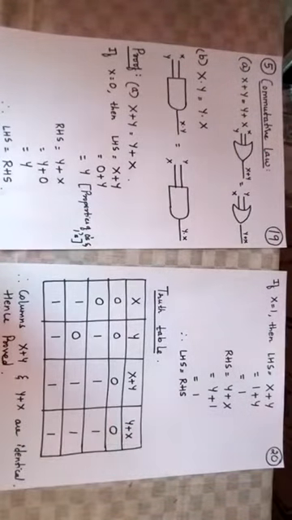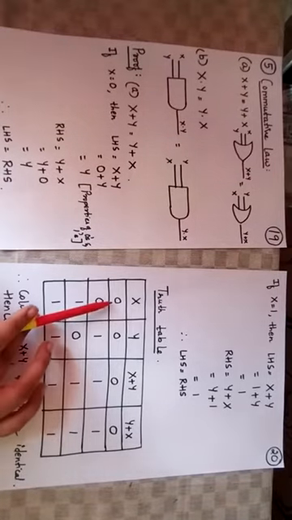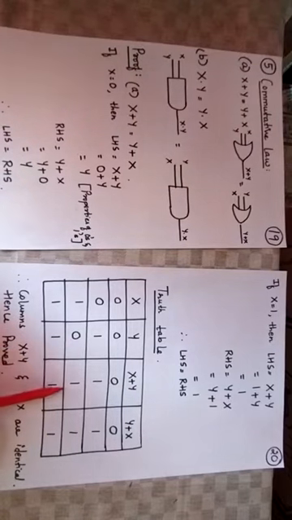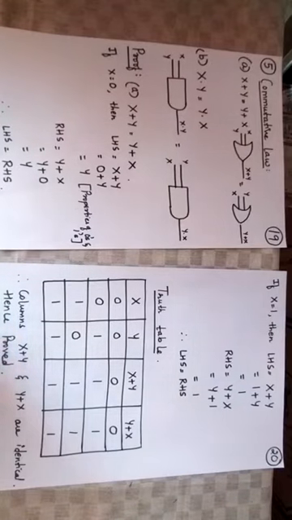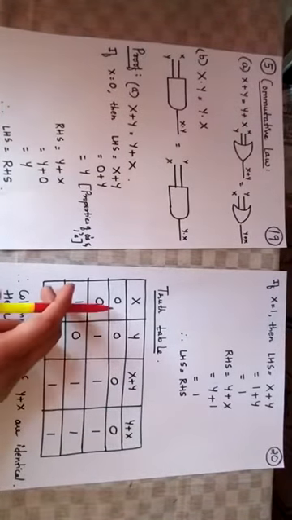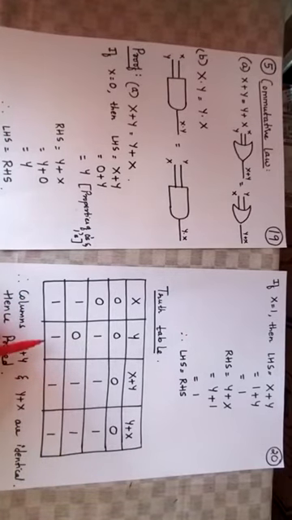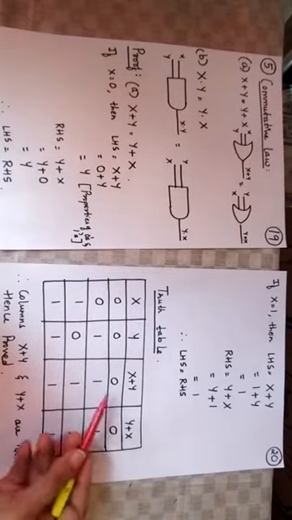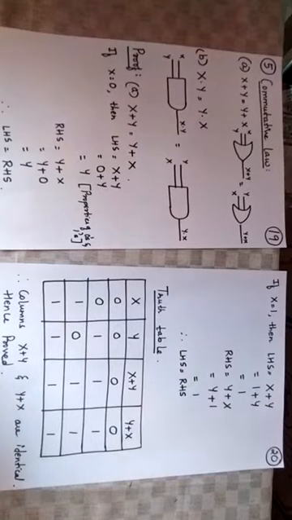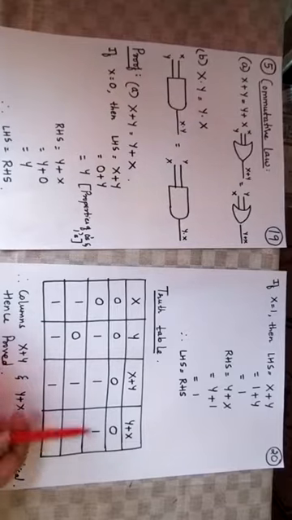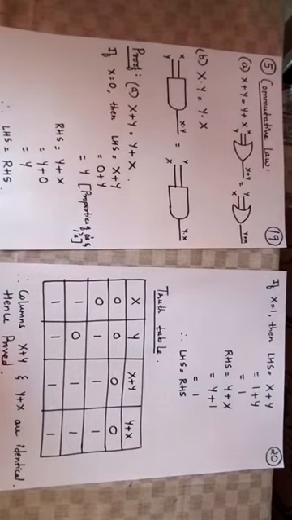Now coming to x plus y, it says 0 plus 0 results in 0, 0 and 1 results in 1, 1 and 0 results in 1, 1 and 1 results in 1. Coming to the next column, y plus x, which is the right hand side value. Again it is 0 plus 0, 0, 0 plus 1, 1, 1 plus 0, 1, 1 plus 1 is 1. Now check both these columns, x plus y and y plus x. Both have identical values. Therefore, since the columns x plus y and y plus x are identical, it is proved using the truth table.